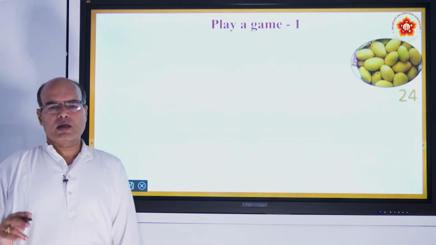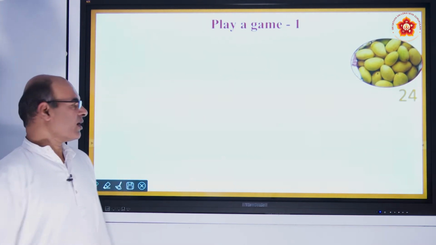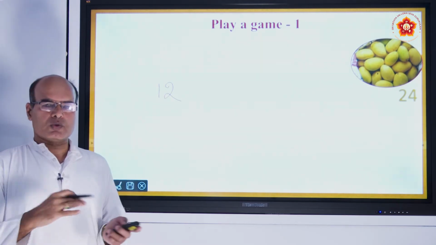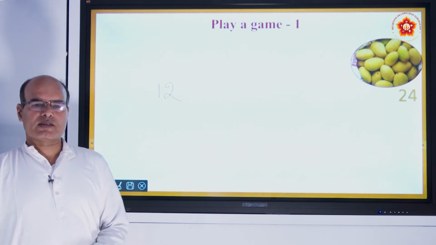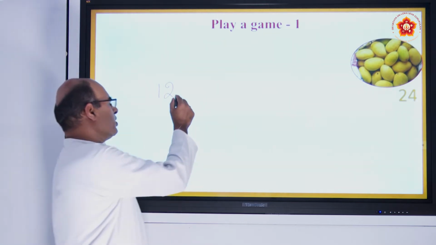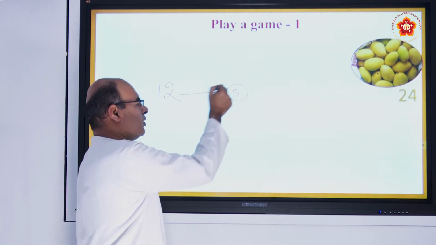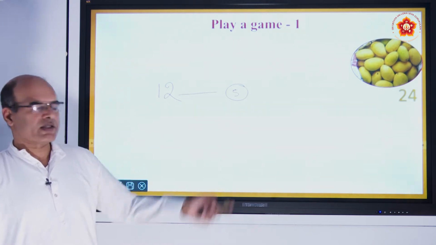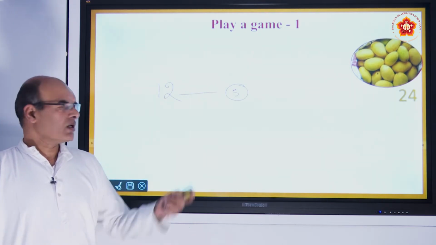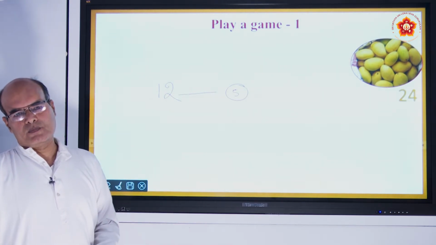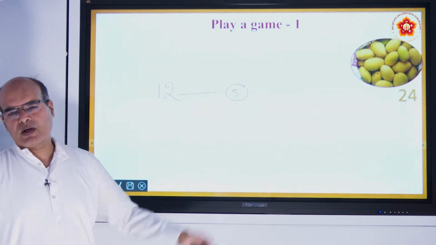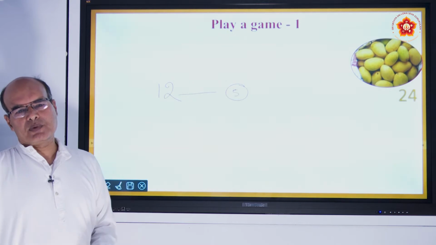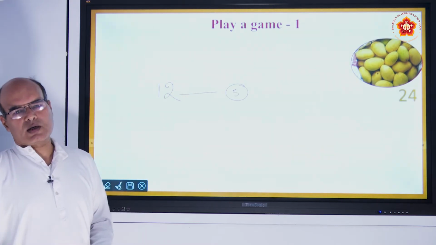You can remember in the first part, we started with the distribution of 12 chocolates to 6 members, to 3 members, to 2 members. And when we went to distribute 12 chocolates to 5 members equally, we came to the conclusion that it is not possible because 5 is not a factor of 12. 12 is not a multiple of 5. 5 does not divide 12 completely.